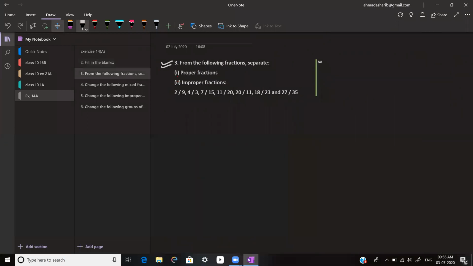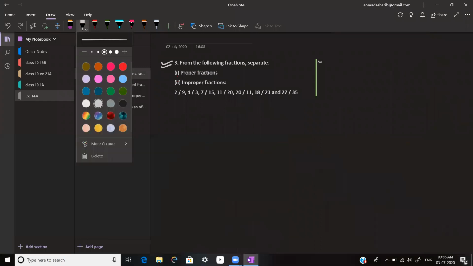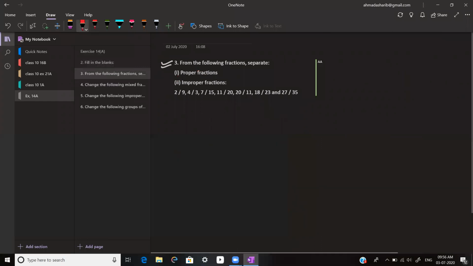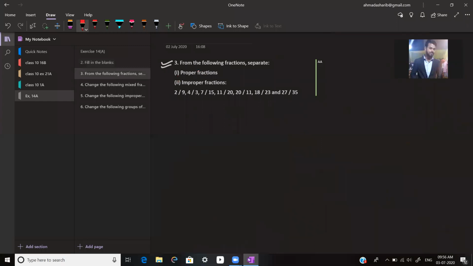Now, question number 3. Question 3 says, from the following fractions, separate proper fraction and improper fraction. So basically, you have to choose proper and improper fraction among them. Clear? So this is very simple. You know what are the proper fractions and what are the improper fractions. So you can easily separate them. So write